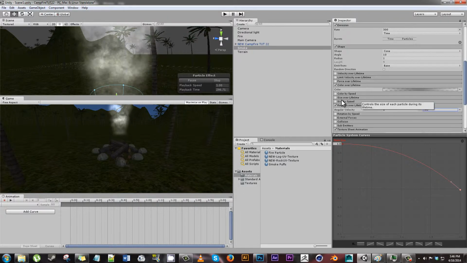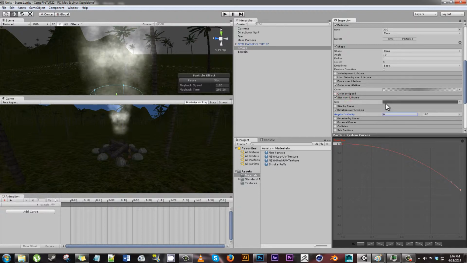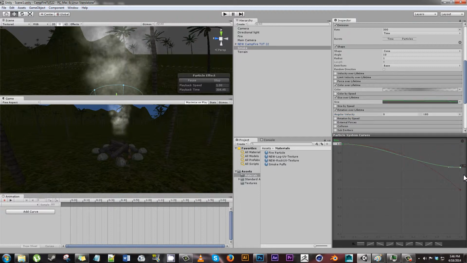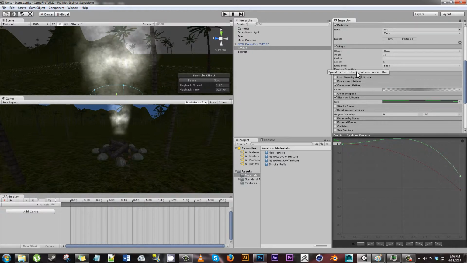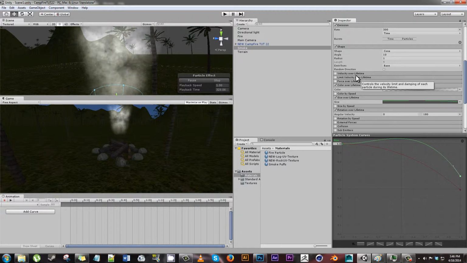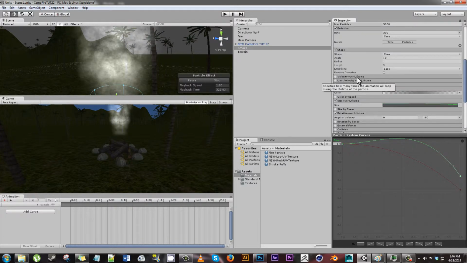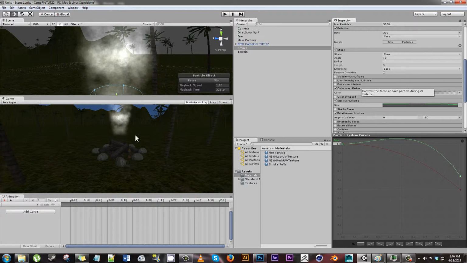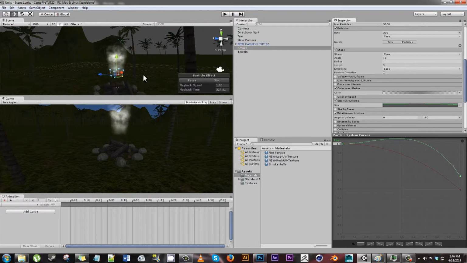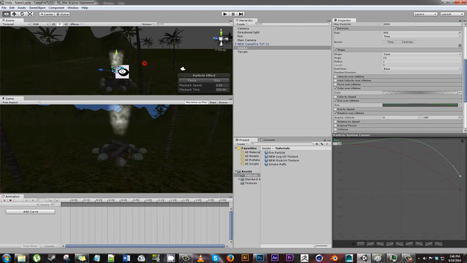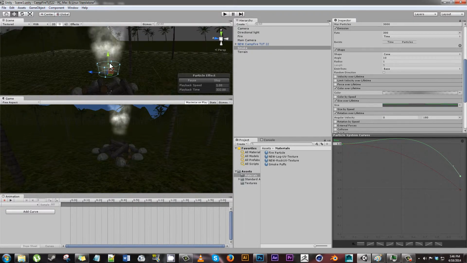So we have our start size thing. Let's do size over lifetime, and let's do another thing like this. And see, so at the top it gets smaller. So there you go. It's pretty much it, to be honest, for this. You can mess with it more and more depending on what you want. Like, it doesn't really go up that much, so you can